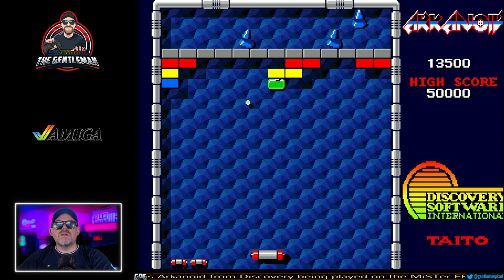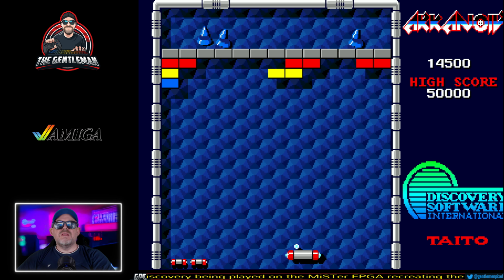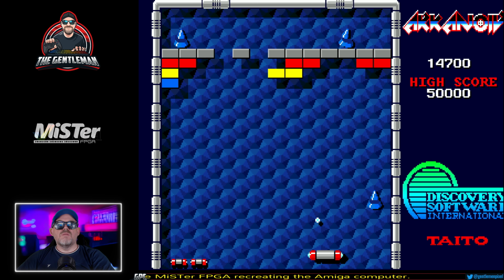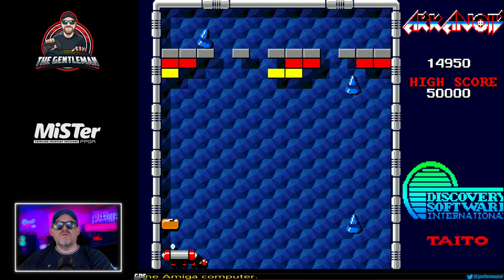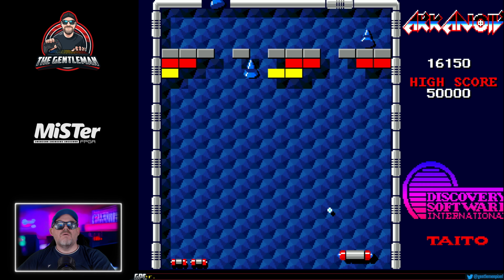But notice those grey blocks. They effectively take multiple hits to get. So that one there that we've got has taken a few hits, but now I've got the problem of the enemies coming through. So we don't want that. We don't want to be hit by the enemies. Oh,